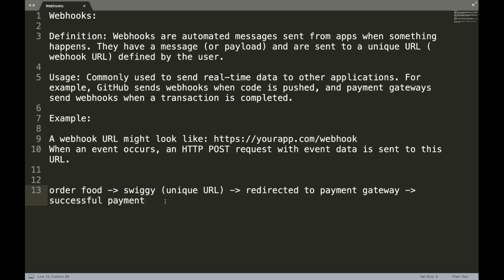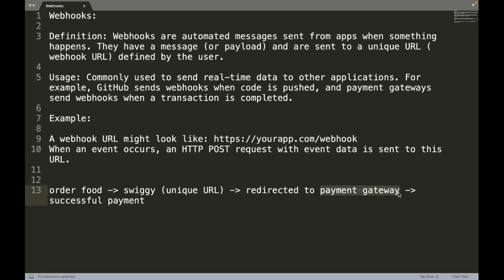Then the payment gateway sends a notification, an automated message, back to Swiggy saying that the payment was confirmed, and then Swiggy places the order with the restaurant so they can start making it because the payment is done.